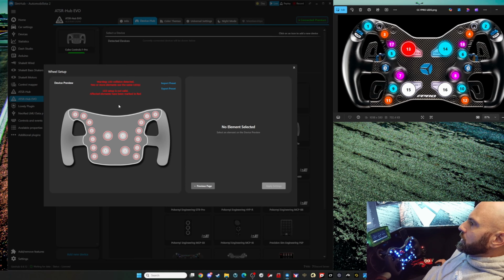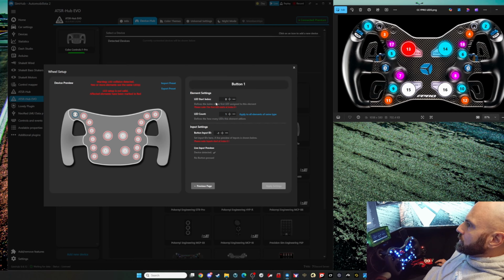So 1 is, remember, starting at 0. 2 is 1. 3 in the picture is 2. 4 is 3. Now, don't get tripped up. This is a flag, it's not a button. It's 17. We can skip that if you want and keep going in order. So 3, 5 is 4, 6 is 5,